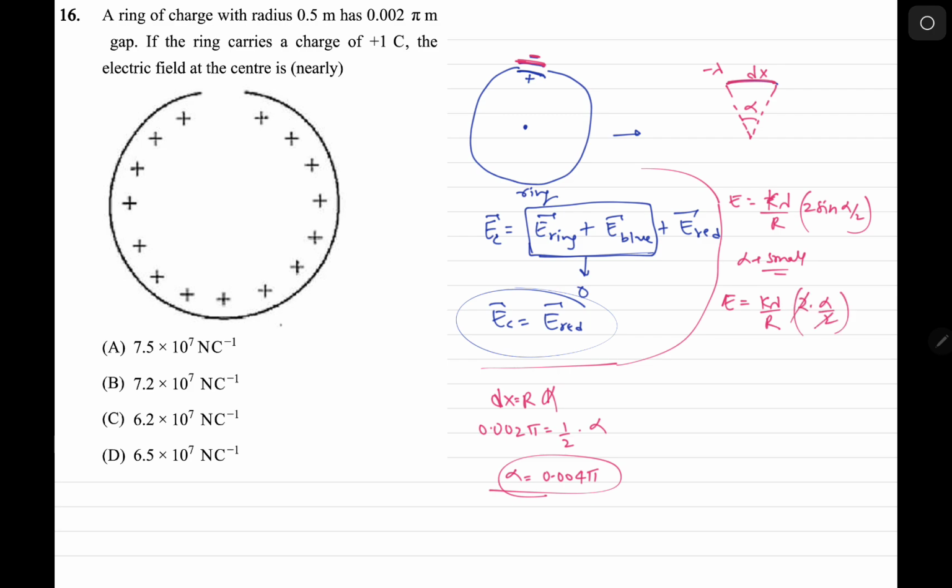Correct. The 2 get cancelled here. Electric field at the center is k lambda by r. I'll just put the value now. Okay, so 9 into 10 to the power 9. Lambda is